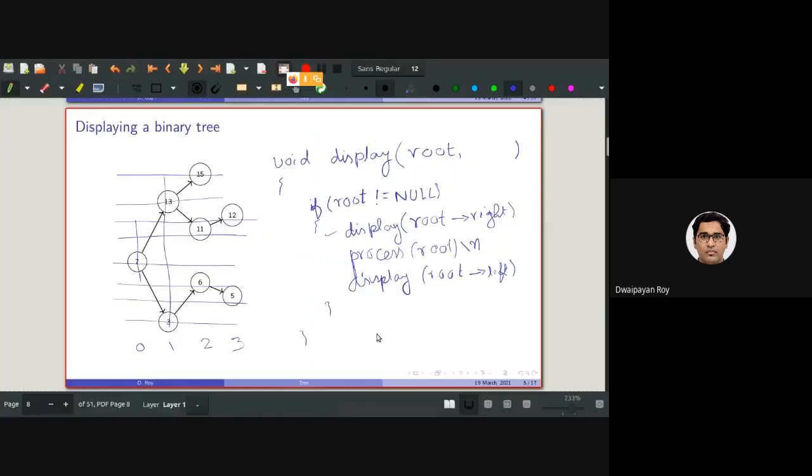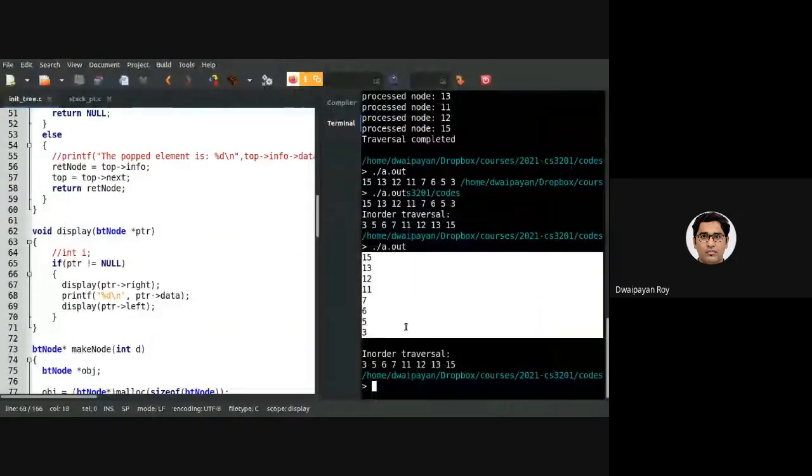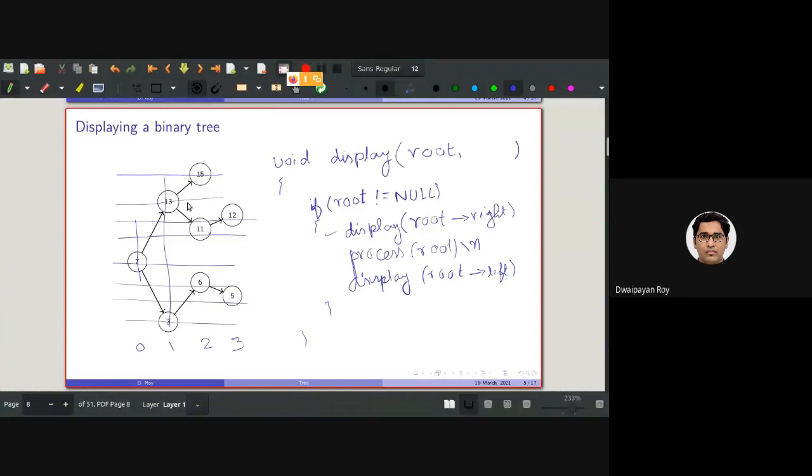But if I compare with the tree, as you can see, 15, 13. I need to place some tabs or spaces here to make these different vertical levels, as in the original tree. Earlier in the original tree, the levels, 0th level, 1st level, 2nd level, 3rd level and so on, have become vertical here.